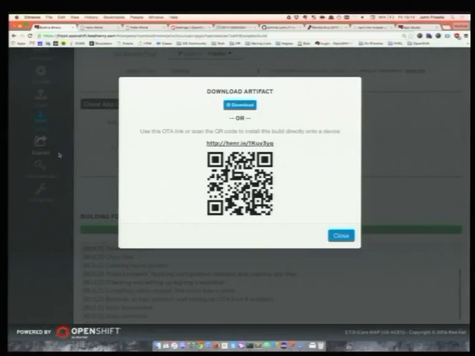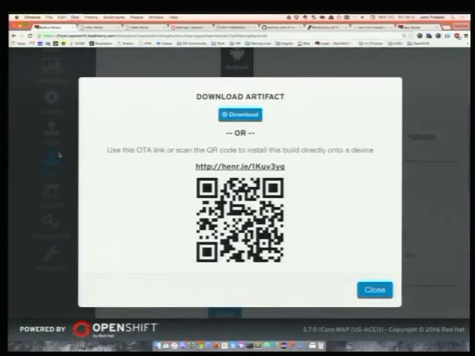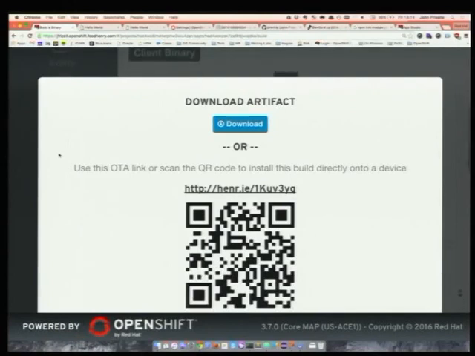If anyone does have a QR code reader, let me just make that a little bit bigger. So if anyone has a QR reader and they want to take a snap of that and install the application, I see a couple of phones out, so I'll just step out of the way for a minute.